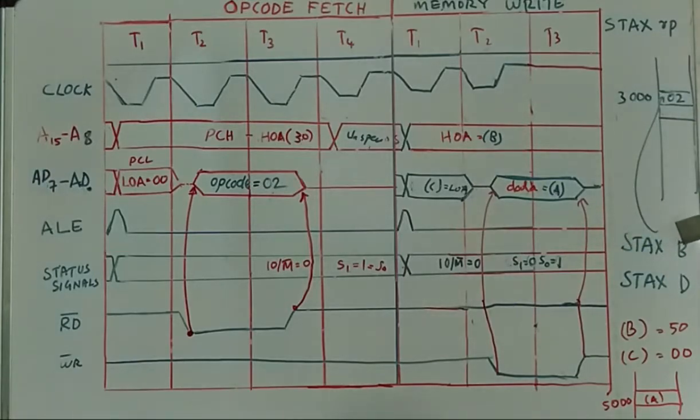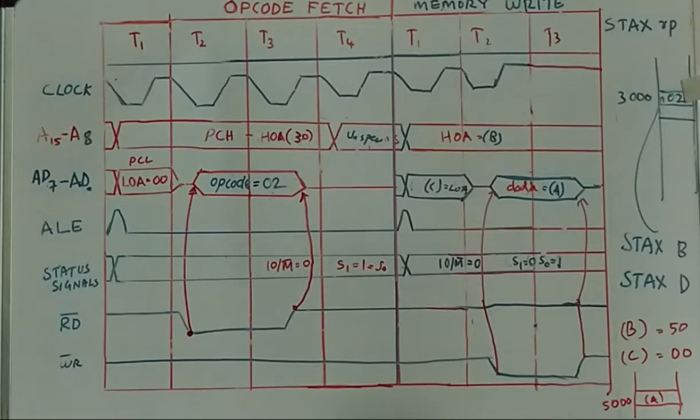When we convert this instruction into machine code, the machine code size is only 1 byte. The machine code, that is the opcode of the instruction, is 02, which is assumed to be saved in location 3000. And I need to move the content of the accumulator into location 5000. So the BC register pair points to this location 5000. So the B content is 50 and the C register content is 00. So during execution,